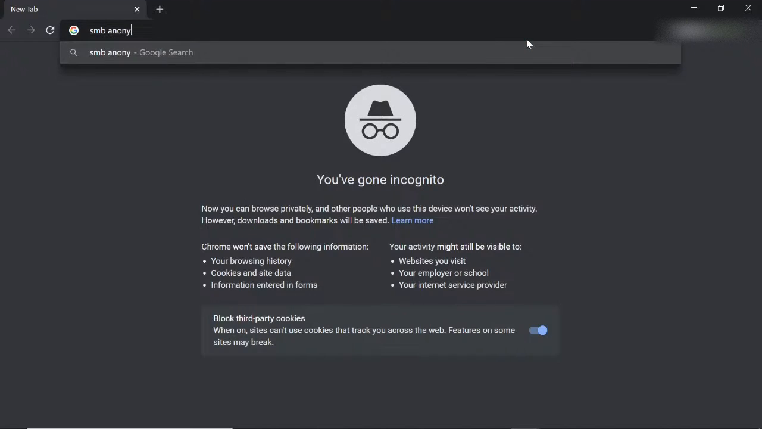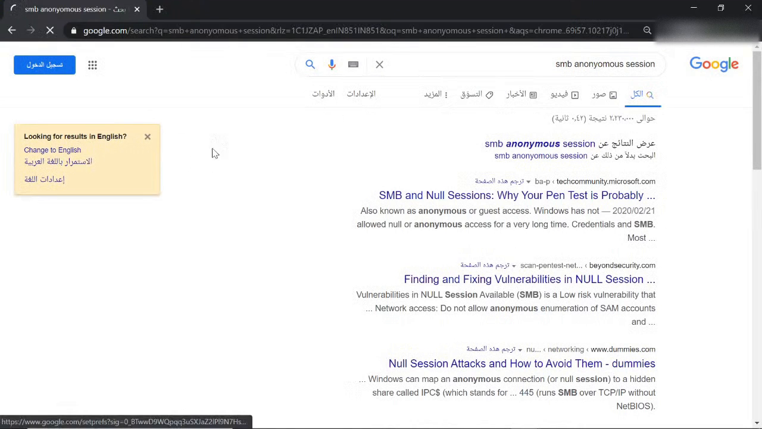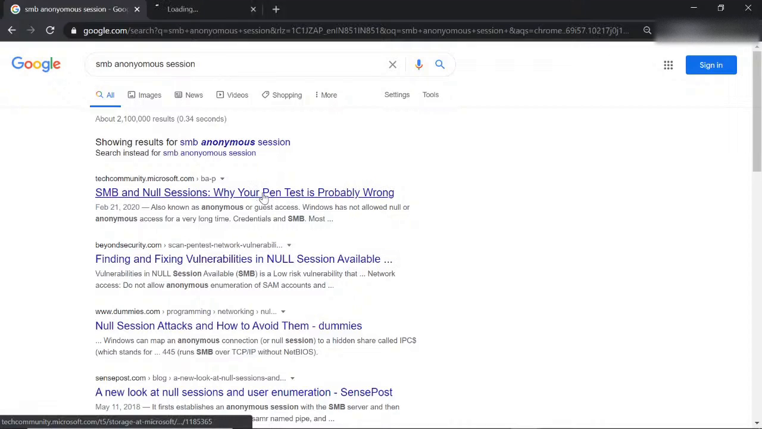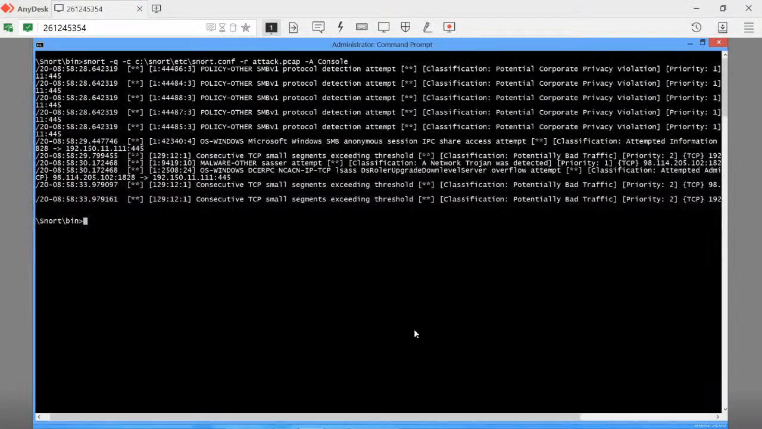SMB anonymous session. You can read these blogs to understand the behavior of these sessions and how dangerous they could be. So the attacker uses these SMB connections to enumerate the user accounts, enumerate the groups and information, so they can connect and copy the files if the default admin shares are present on the machine. Now if we go back to our network packet capture,